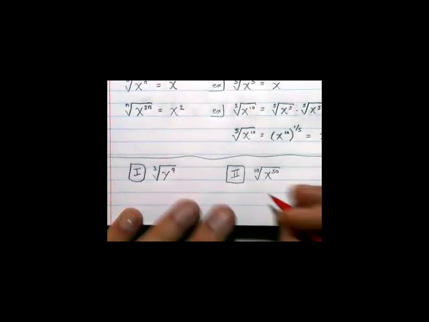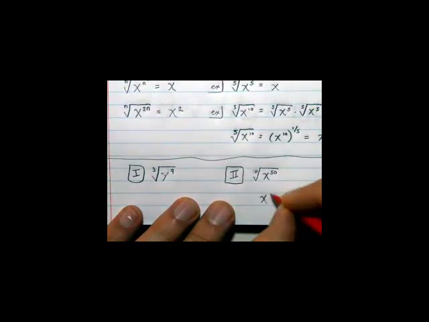All right, so why don't you do the third root of y to the 9th and the 10th root of x to the 50th? All right. Using this idea. So it'd be x to the 5th. Good. So you're doing the second one then, I'm guessing? Yeah, I'm doing the second one. Okay. And now the first one would be